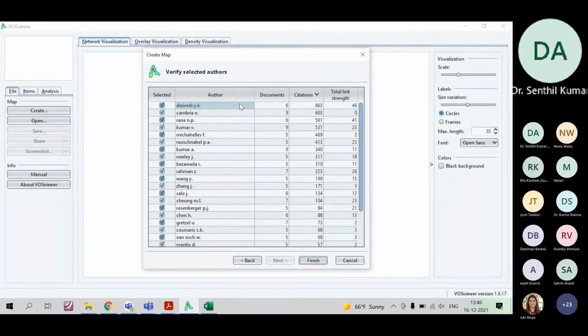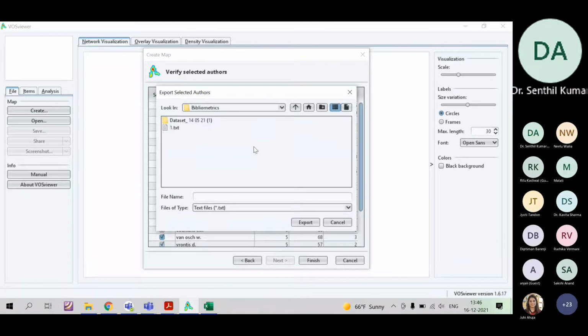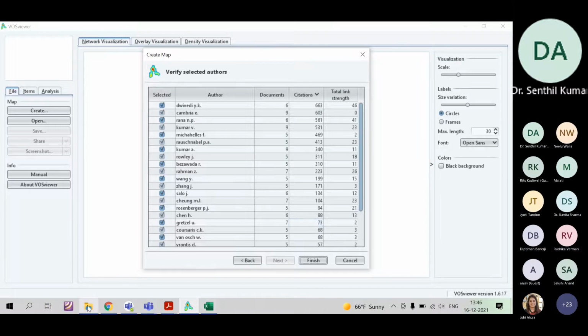First, sir, you can copy this table. This table can be copied in VOSviewer as well. How can you copy it? Sir, on right click, there is an option: you right click, select all authors, and you can export selected authors. And if you want to filter out the last 6, you can deselect them, so it will copy only the 20. It is copying as a text file, or you can copy it as a CSV, or as a text file, and we can convert it to Excel. Let me show you.